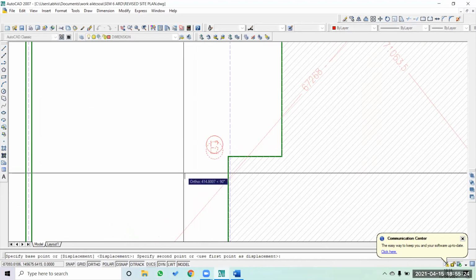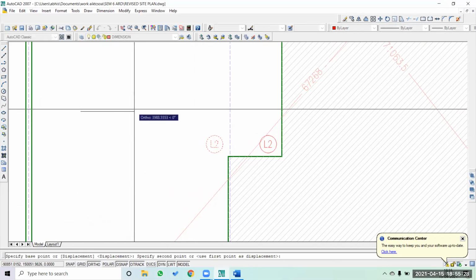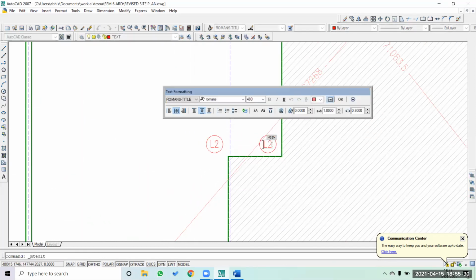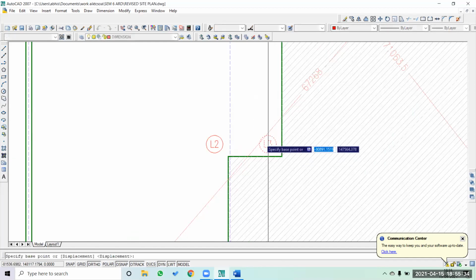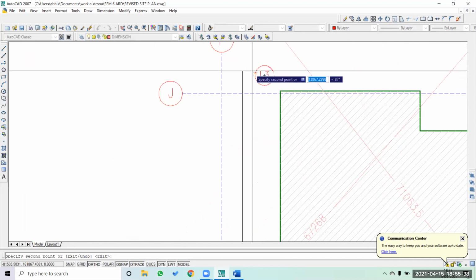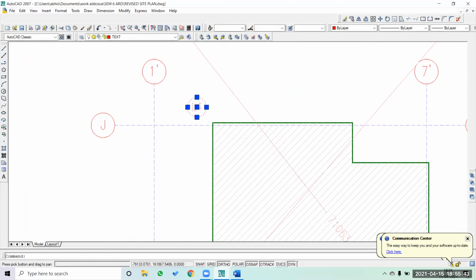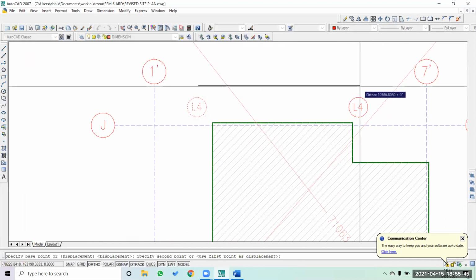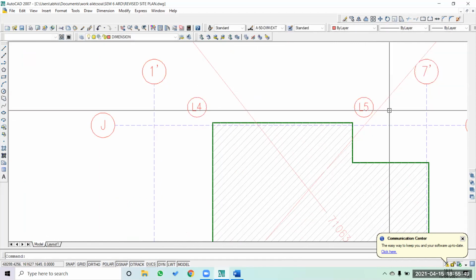Okay, all the offsets you have to now start considering. This will be L3, L4, L5.